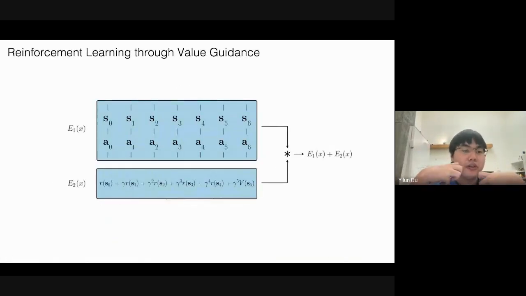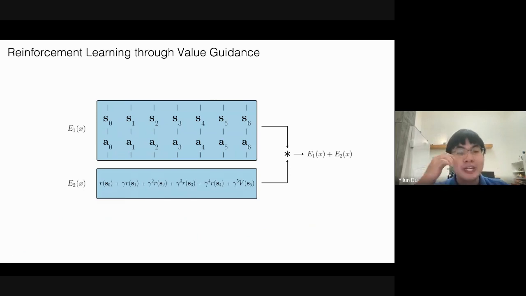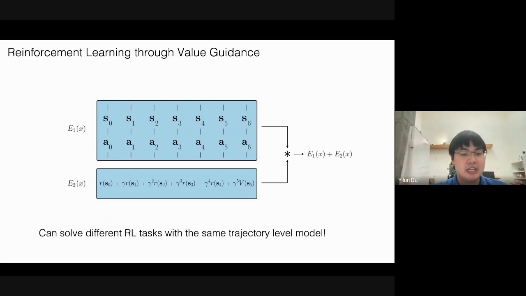So what are some concrete examples of using this? The first concrete example is using this framework, energy functions as well as cost functions, to do reinforcement learning. You can learn one energy function, in this case a diffusion model that represents different trajectories, and a second energy function, which is just a value function that assigns rewards to each state. This type of decoupled framework allows you to construct different energy functions for different tasks. You can train one single large generative trajectory model and just use separate energy functions to specify different behaviors you would like.